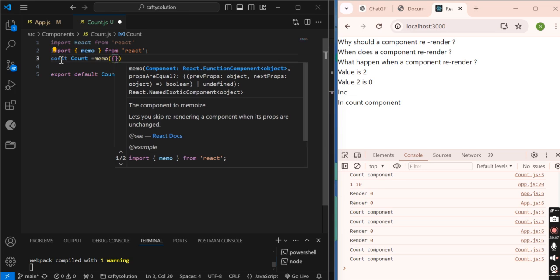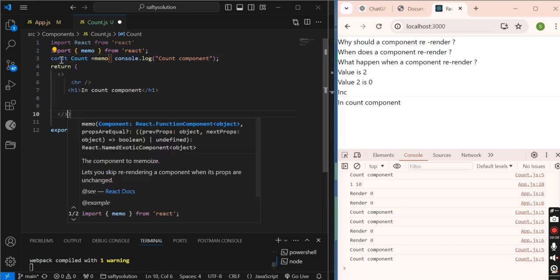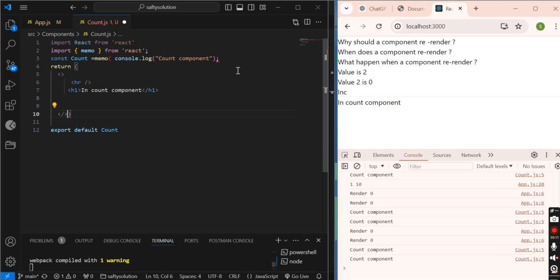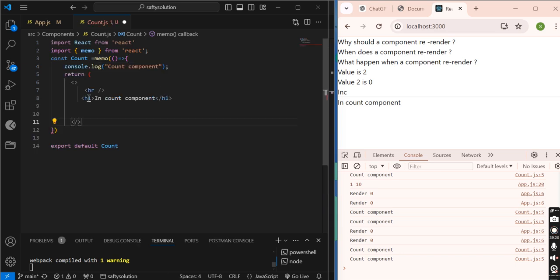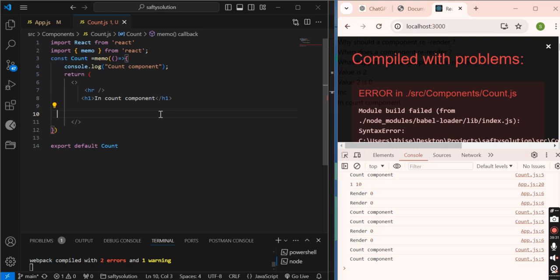What does it take? How can we use that? Let me revise. Is it working? No, it will not work. This is React.memo.